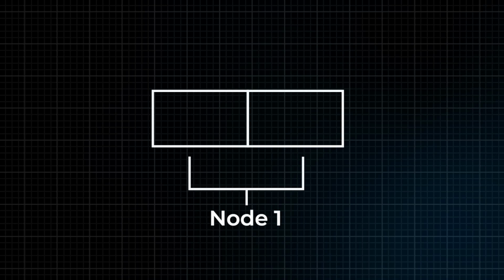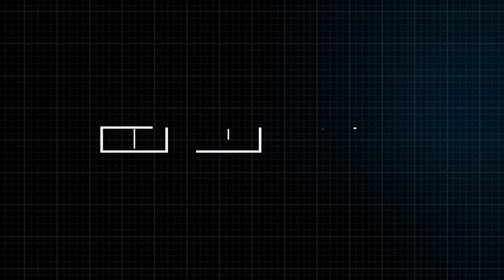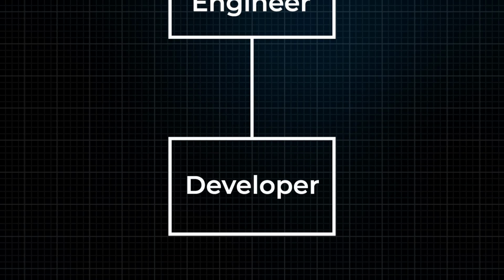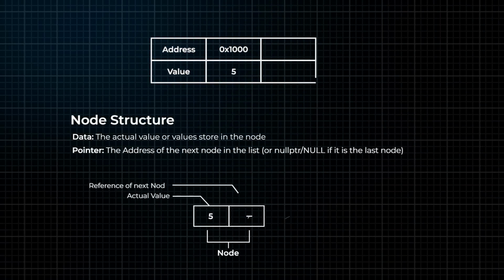Today I'm going to explain an essential data structure in computer science, the linked list. But don't worry, I'm going to make it super simple to understand. We are going to cover what a linked list is, a real-world analogy, how memory and pointers work, different types